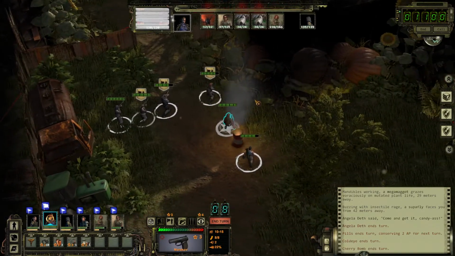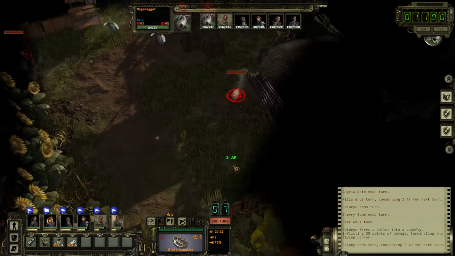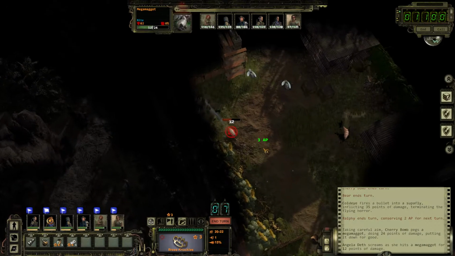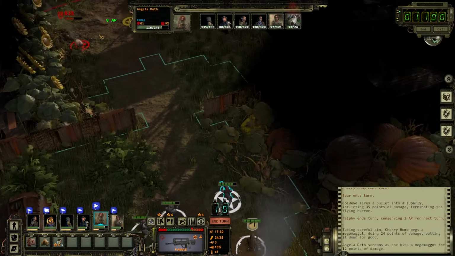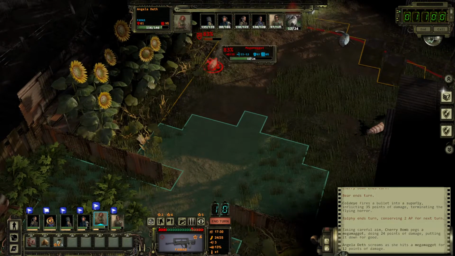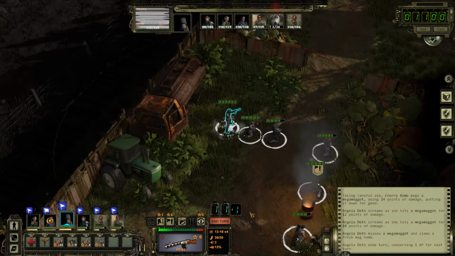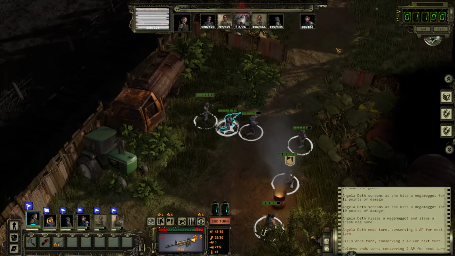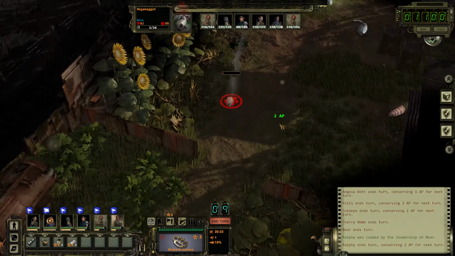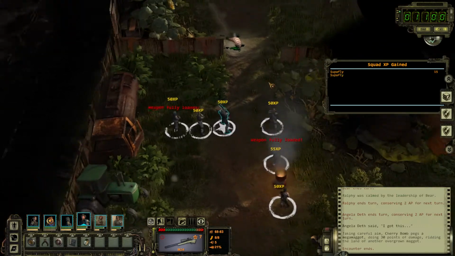All right, let's ambush as much as possible and turn. The team is actually doing quite a good job in tearing apart these horribly mutated... Why can't I shoot? Okay. All right. No, you can rest. All right. All right. Second